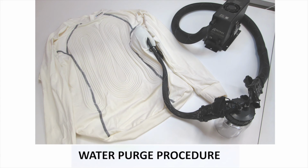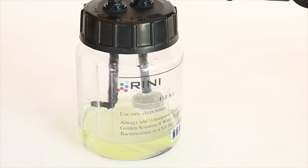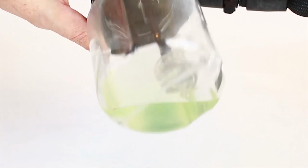When storing the personal cooling system, or when the system is not in use for periods longer than 1 week, the water should be purged from the vest and unit. Empty all the water from the fill kit and connect it to the vest and unit. Verify that power is connected to the unit. Turn the fill kit bottle upside down so that water returning to the fill kit stays in the bottle, and